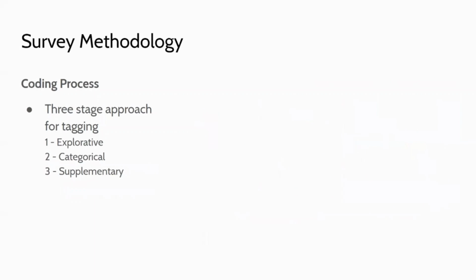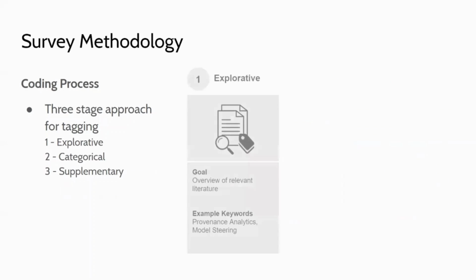For a systematic approach for our paper collection, we continued with a 3-stage process for the tagging. We first started with an explorative tagging with literature we were aware of. Each contributor of this contribution was assigned to at least one conference or journal to screen. The used tags were manually assigned to get an overview of relevant literature. This process resulted in a collection of 266 papers.